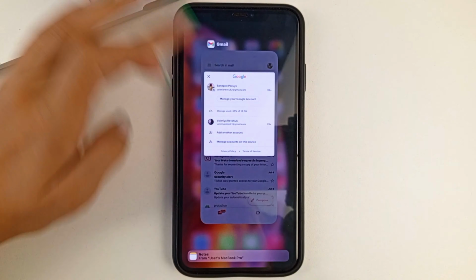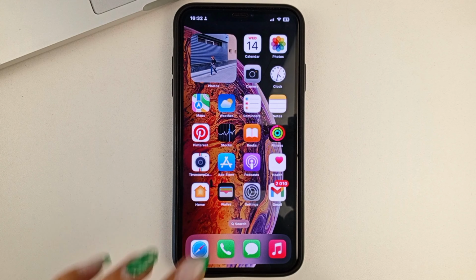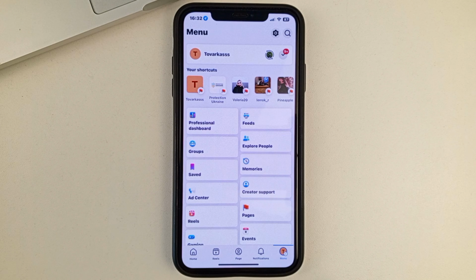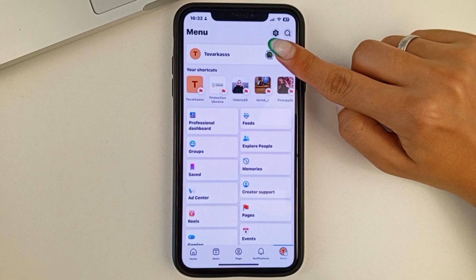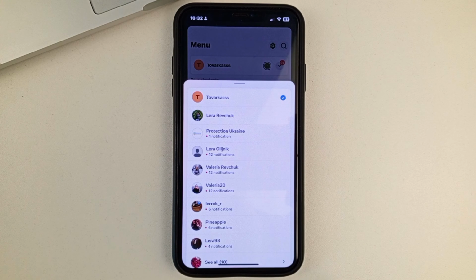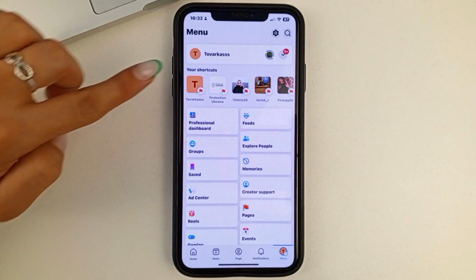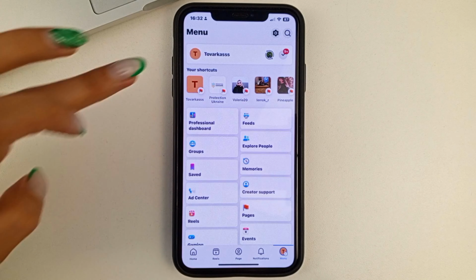So friends, in order to do this, first of all you will need to open Facebook, of course. Now, if you're currently on your main page, then go to the menu on the bottom right, and then click on the top right-hand side of the sign. And here you will select the page that you want to go to. Once you're on your page, you can also go to the menu section and click here to open it.